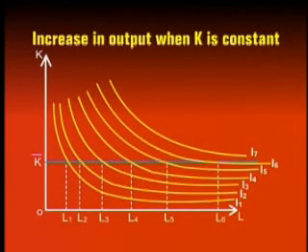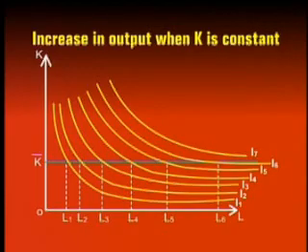Now we can only move to a higher isoquant by increasing the number of laborers employed. So we move from isoquant I1 to I2 by increasing the number of laborers from L1 to L2. Note that a very small increase in the number of laborers is required to allow us to make the jump